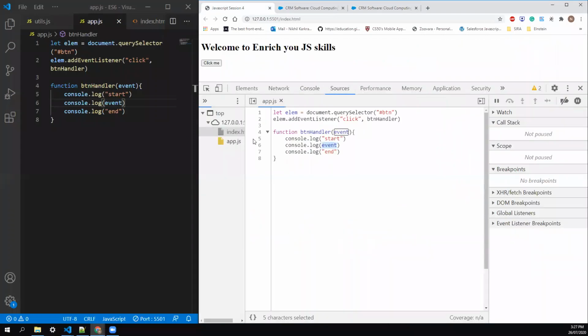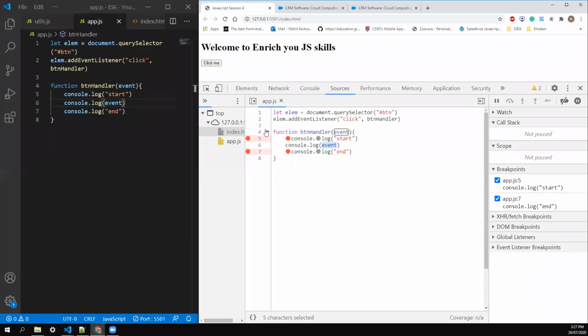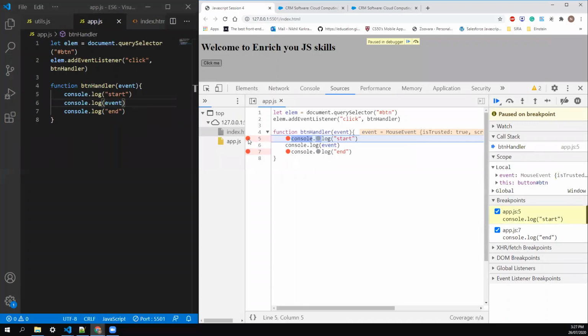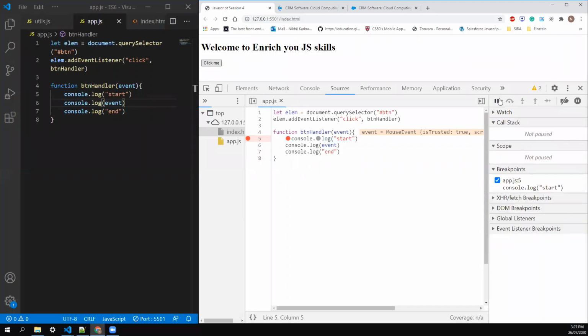Now I want to put a debugger here. So you just click on the particular line. These are the line numbers, and you want to stop execution without using a debugger keyword. I haven't used any debugger keyword here. And now if I click on click me, it immediately stops the execution where you put your debugging point. Suppose I put the debugger point only at line number 5, and I want to pass the execution, I can pass it by clicking this icon.